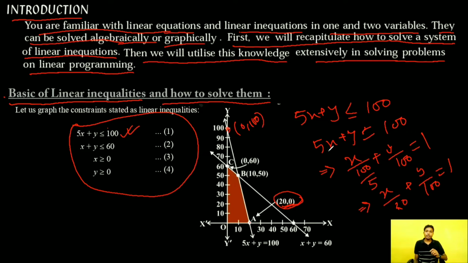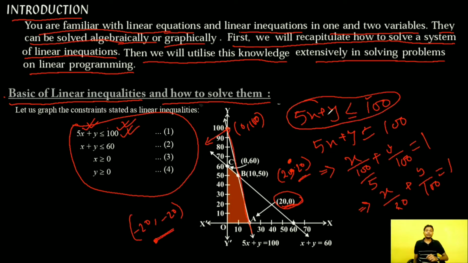Okay. Now we choose 2 points, one from this side of this straight line and another from this side of this straight line. Suppose on this side is (20, 20) and another point is (-20, -20). So obviously this point will satisfy this inequation, because the other point will not satisfy this inequation. Since this point satisfies this inequation, the solution of this inequation will be along that direction.